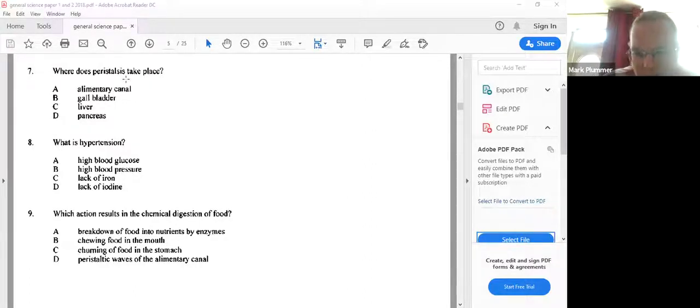When you look at number 9, what does option D say? It says peristaltic waves of the alimentary canal. So if you look at number 9, and then look at number 7, you think, oh, hang on, I wrote gallbladder for that. That's not right. I've just seen the answer here in number 9. I can cross out my option B for number 7 and write the letter A. This is another reason why we ask you to bring a pencil and not a pen into